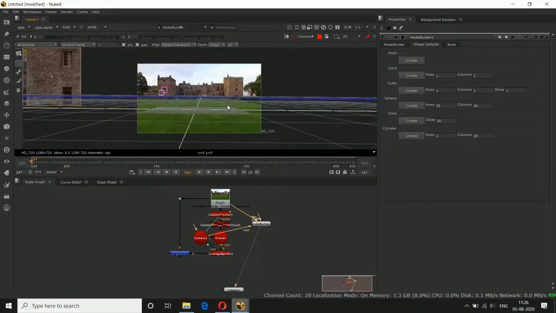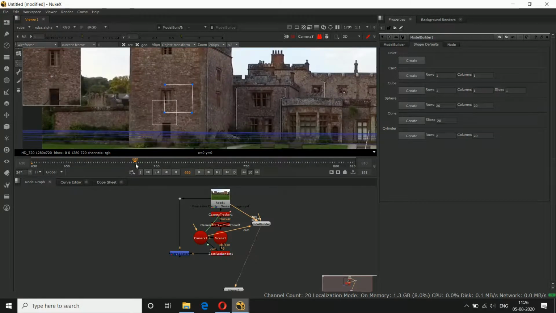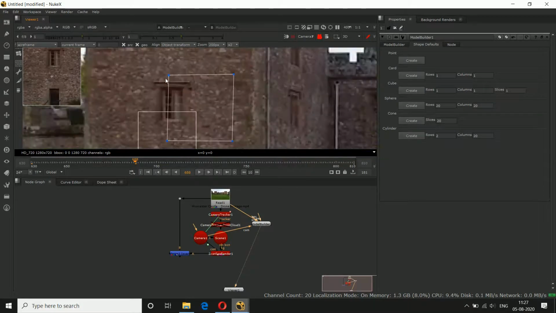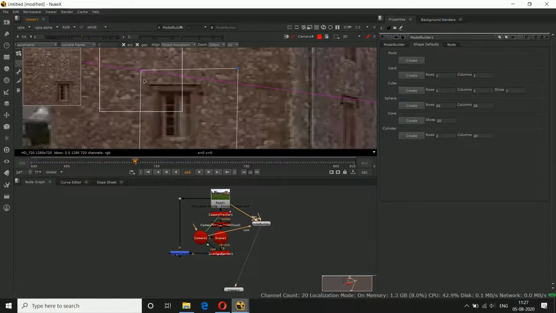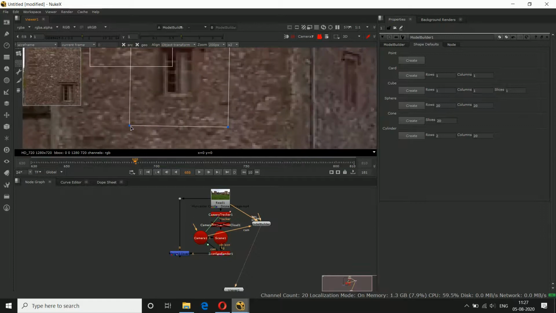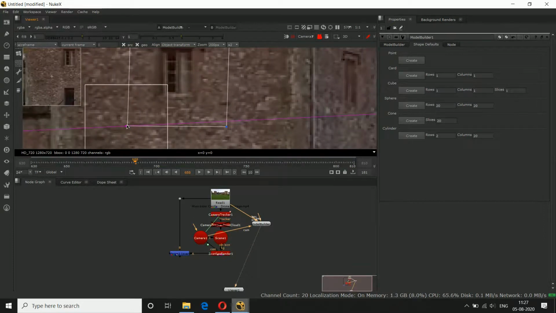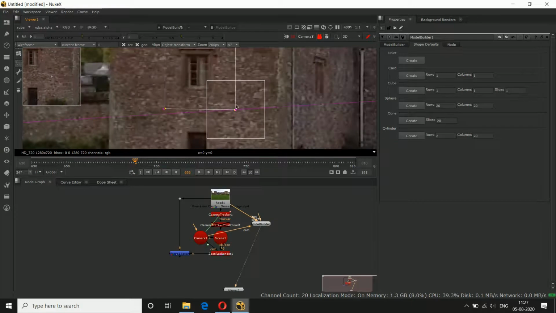So yeah, we have created the card. Now we need to go to another frame. We'll move forward. You can see that our card is not tracked. For tracking, we need to do it like this. It automatically takes the area. Now we need to just align it like this.